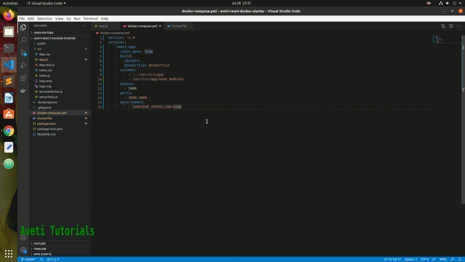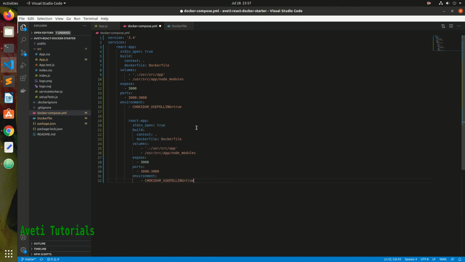We create a new service with the same configuration, and I'll just change the port number and the service name. This formatting is important in a YML file, otherwise you will get an error. It will run at localhost 3001, and the top one as usual will run at localhost 3000.